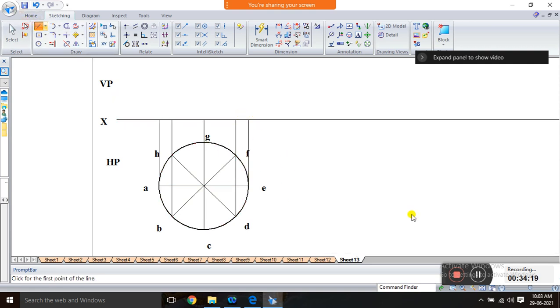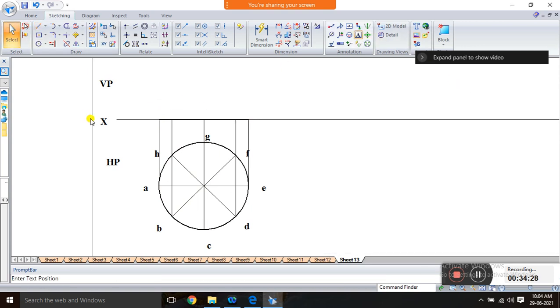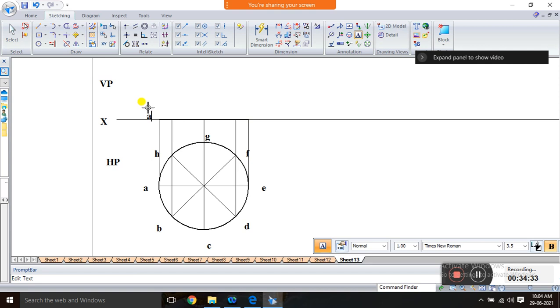Okay, then join this. See here, you have to name it. So A is visible, so A dash, and B visible, H not visible, because you just see the line which passes through B and H. But if you see from the front, this B is visible, so B dash visible, but H is not visible. So B dash will merge the H dash.